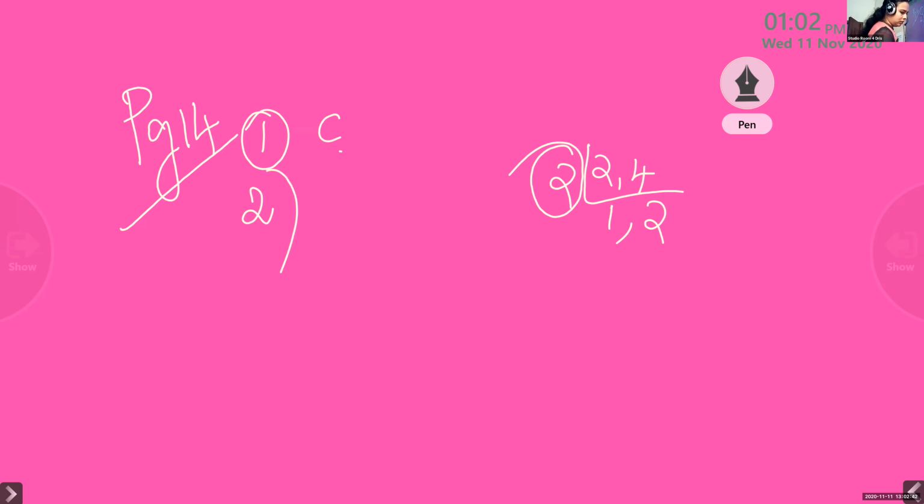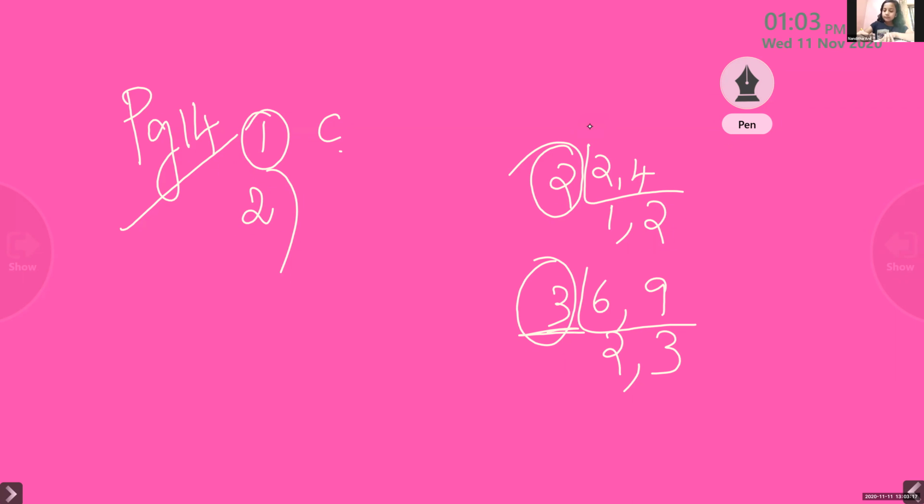Now question number 2, Nandita, that question was for you. 6 and 9. Look here. 2 into 3 is 6, 3 into 3 is 9. Highest common factor means we do it till here. So which is the highest common factor, Nandita? Look at the board. 3. Yes, only these 3 we can take. Understood? So what is the option? Option A.